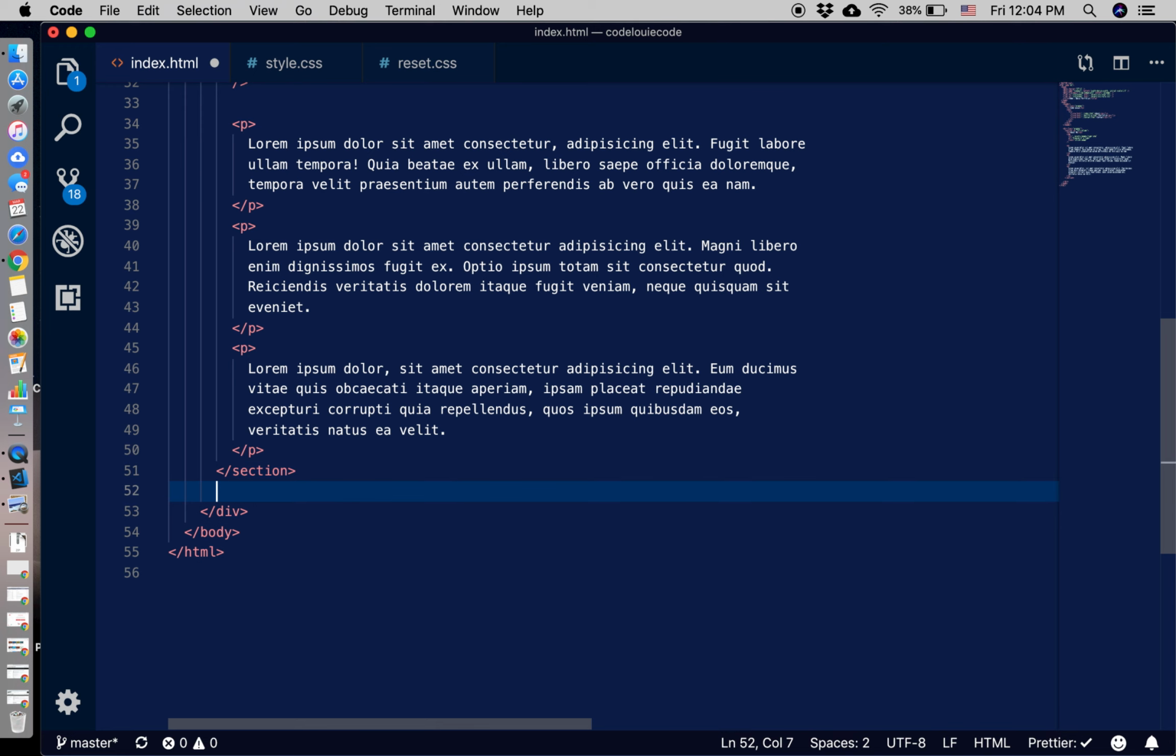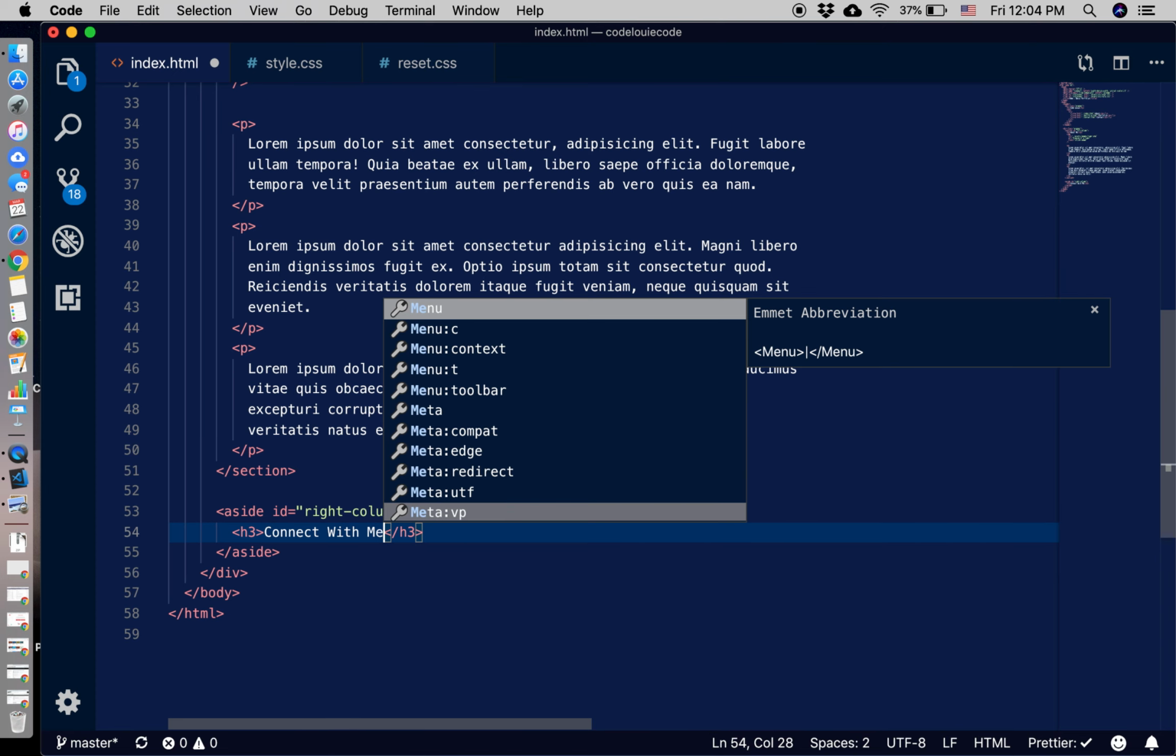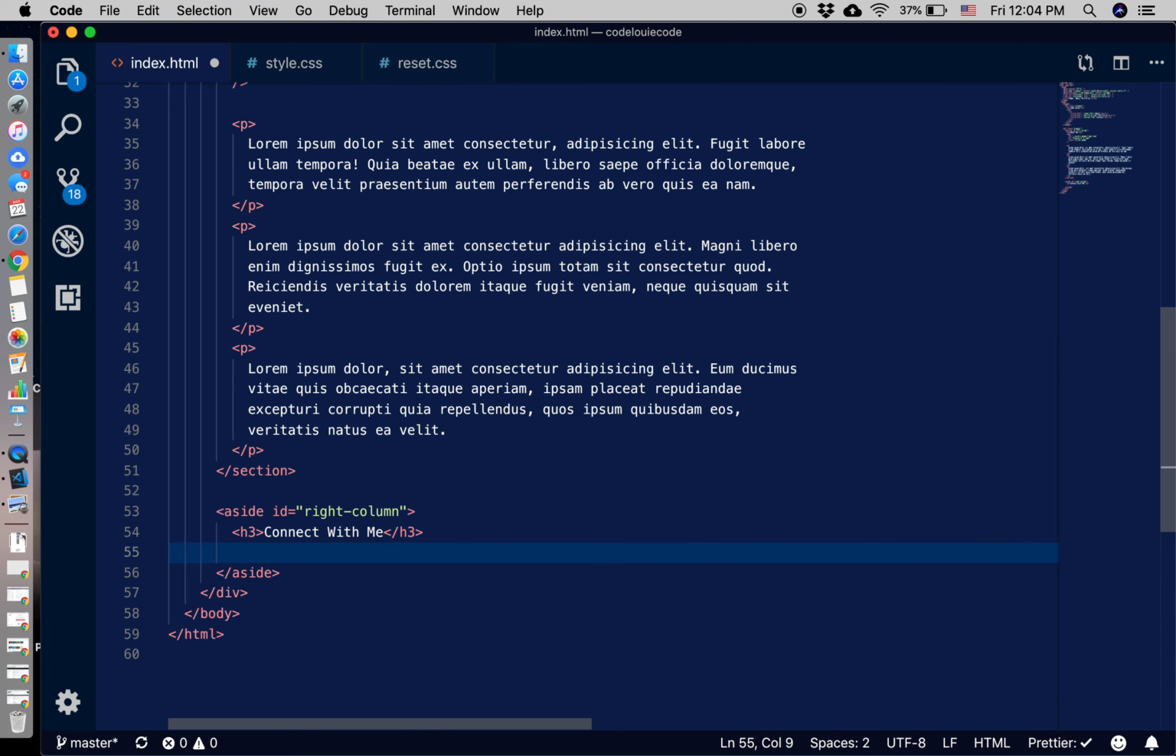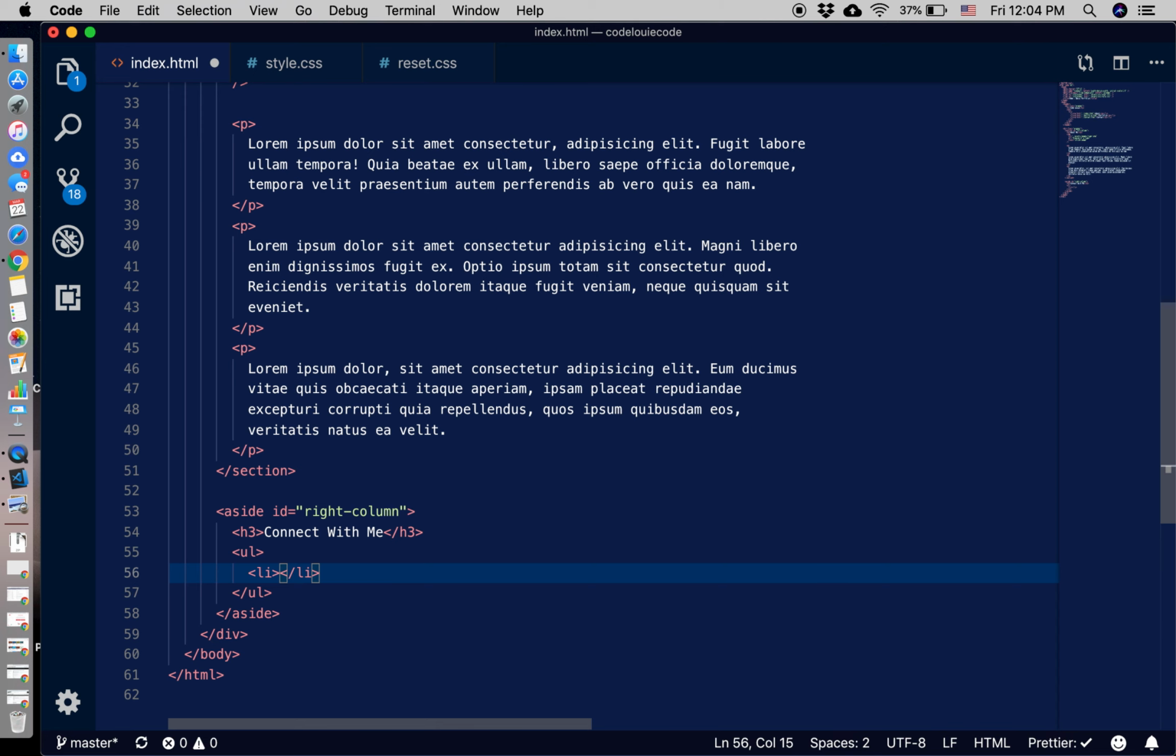Now I want to add in the right column. So this will just be the aside section. And I'm going to give that an ID of right column. Here I'll have an h3 tag. It says, connect with me. All right, so the h3 tag is done. Now I'm going to do another unordered list with another list item with an a tag, href,